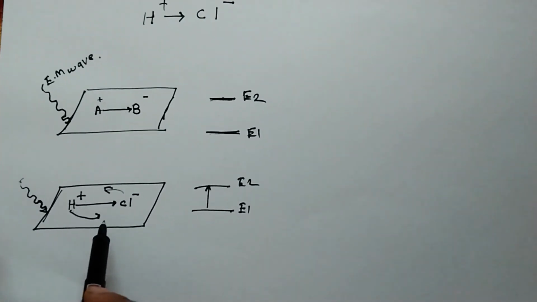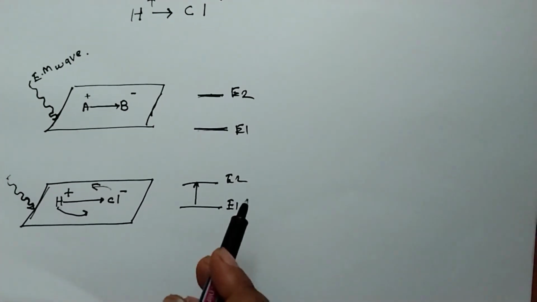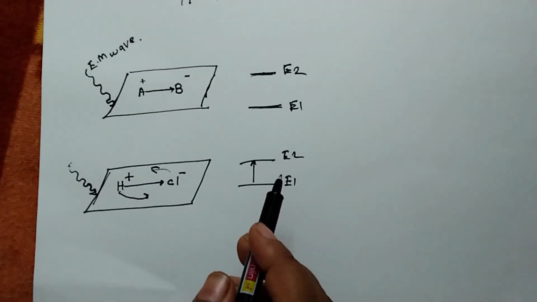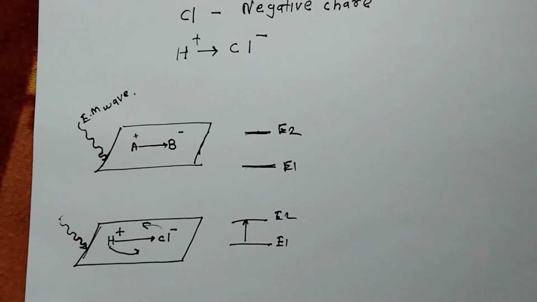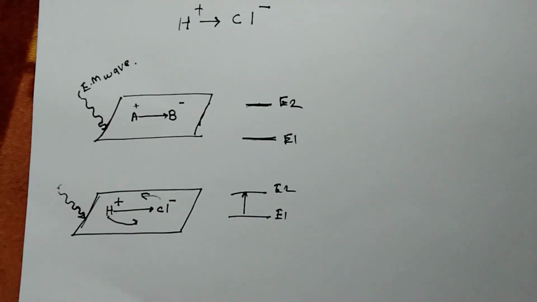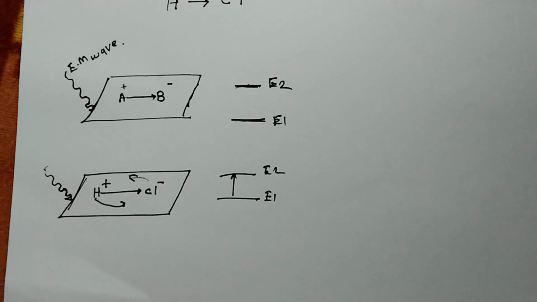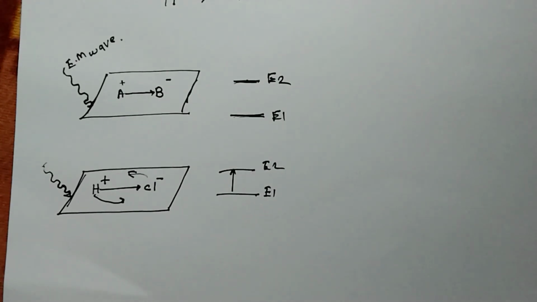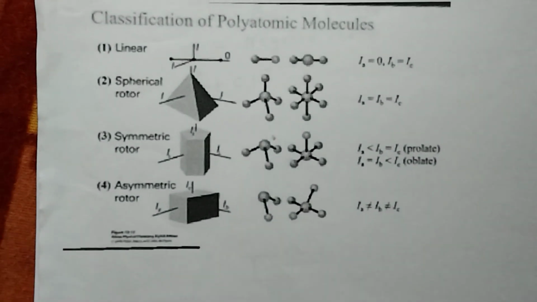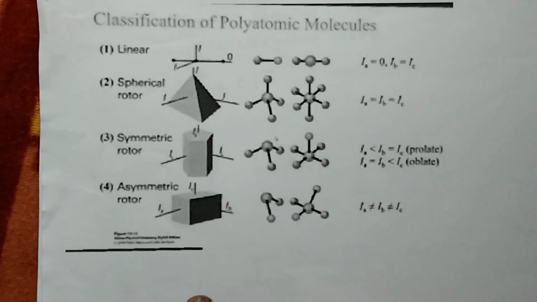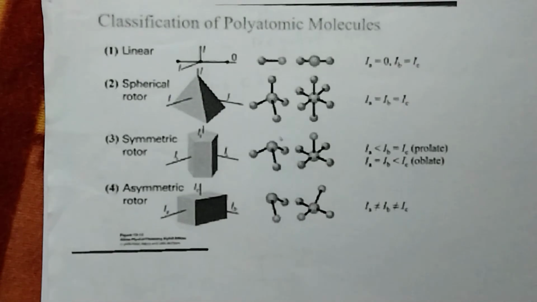But it is difficult for rotation in a three-dimensional axis. So first we see the different types of rotation of molecules. Let us see the classification of rotation of molecules. There are four types of molecules, classified into four types. Before we talk about the classification of molecules, we should know the simple physics about the moment.